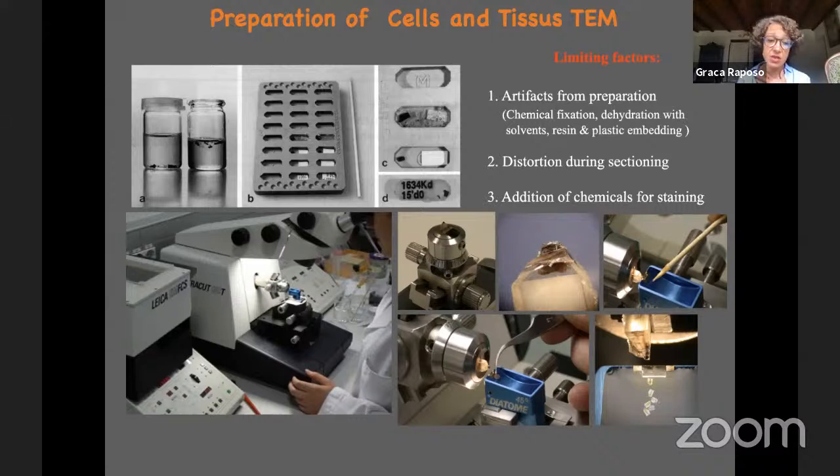But for many years we have been using glass knives that can also be made, and in many labs around the world, I'm sure that glass knives are still pretty much used. The price of a diamond knife like that is almost 3,000 euros. But you can keep it for long when you're careful with it.